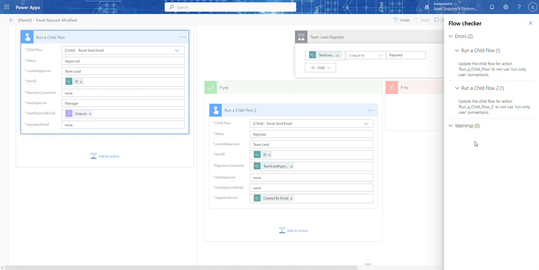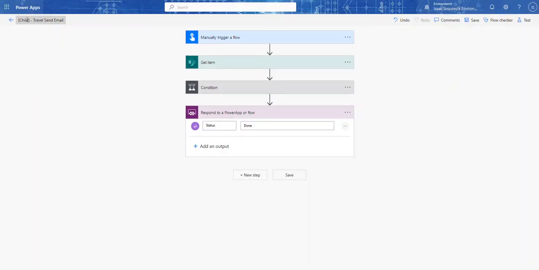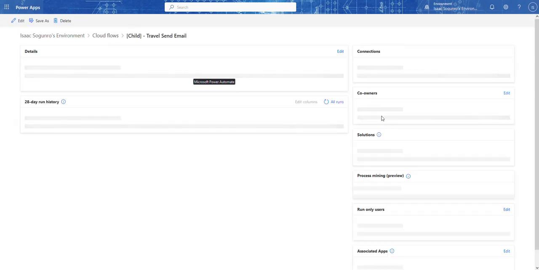So as you can see, that's gone. So now that we're dealing with this one, it says run a child flow, update the child flow for action run to not use run only user connection. So I showed you the first thing to do. Now the second thing we need to do is I'm going to come out here. Let's click on the child flow, and right over here,